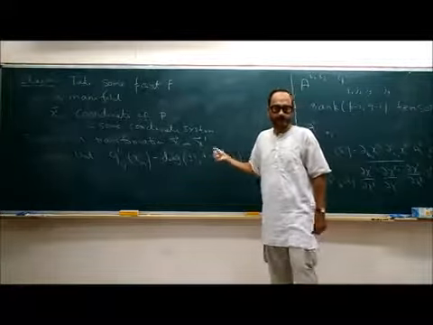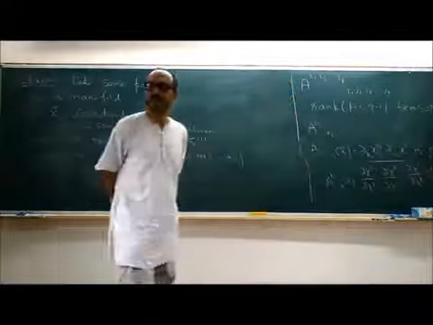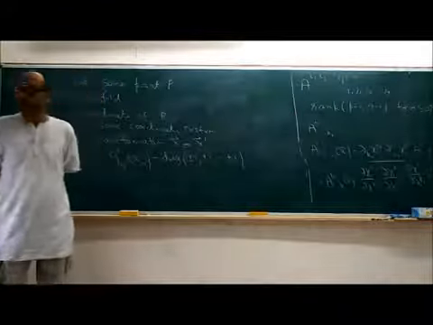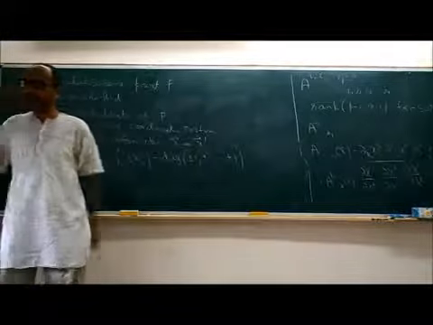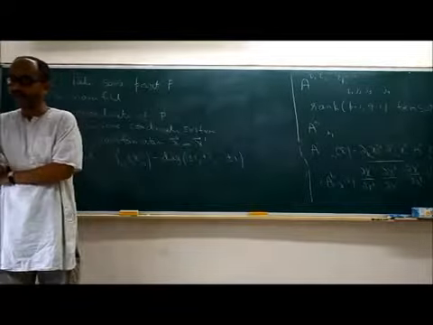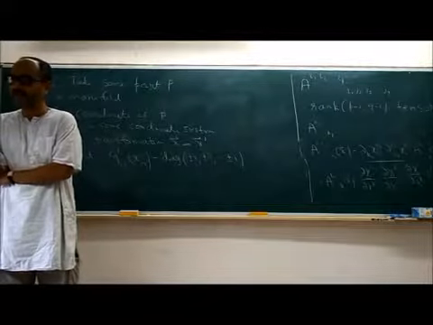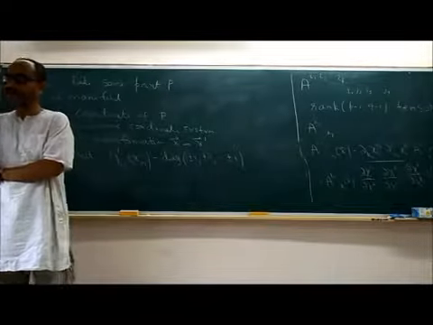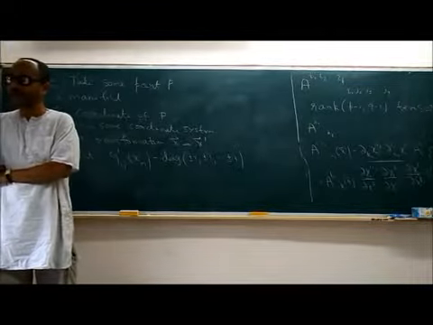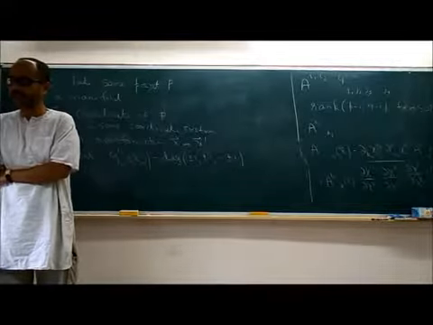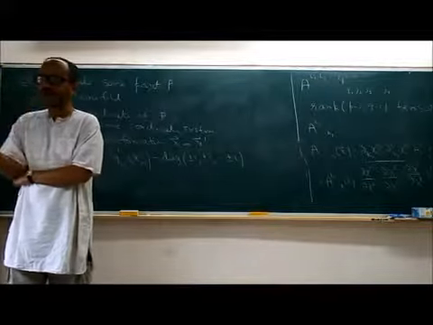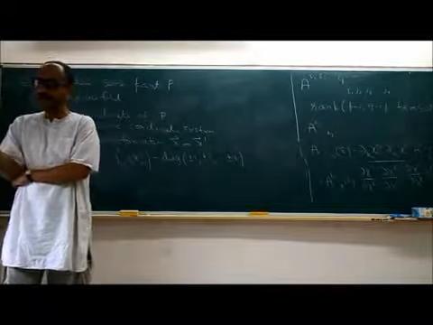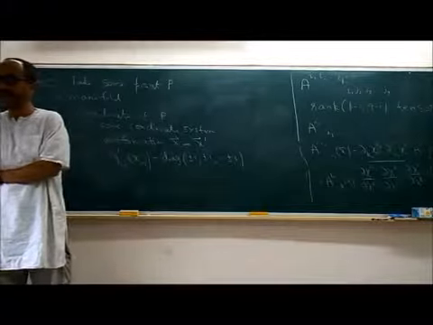Can you emphasize once more why we are bringing it to the diagonal form? The point is we need not have brought it to the diagonal form. We want to bring it to some standard form, so that two metrics, after bringing to the standard form, if they don't agree, then you know that the manifolds are different. As long as the metric differs at any one point, the manifolds are different. Two manifolds being identical means that there should be a coordinate transform that can bring the metric to be the same at all points. If we can show that at one point they differ, then it's clear that they will be different everywhere.